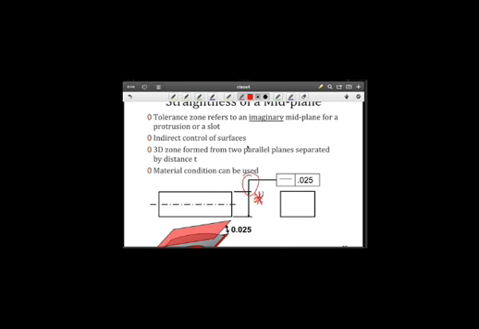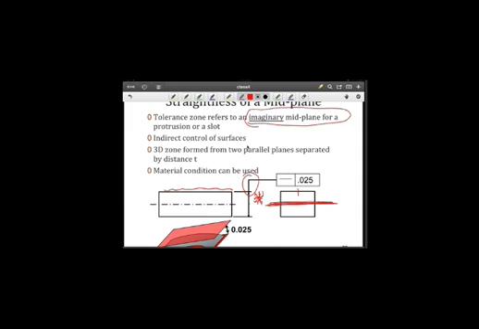So it depends upon the attachment point as to the meaning of this tolerance. If it was not attached to the dimension line, then we're talking about this surface here. But since it is, then we're talking about this imaginary midplane for protrusion or slot. So if we look at it from the end, what we're saying is we're looking at a midplane and making